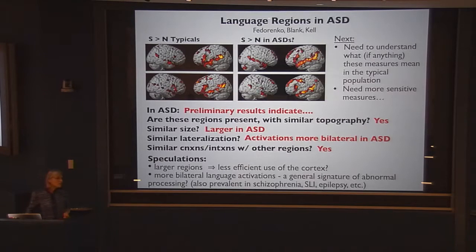And I think the other big thing that will help here is to have more sensitive measures of language processing instead of these really crude things like, is the system there? Well, yeah, the system's there, but so what? You want to know not just that it's there and how big is it, but what information is represented in each of those regions. And so there's some nice methods to do that.